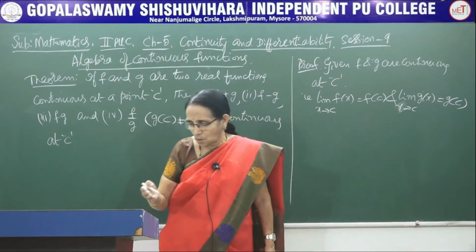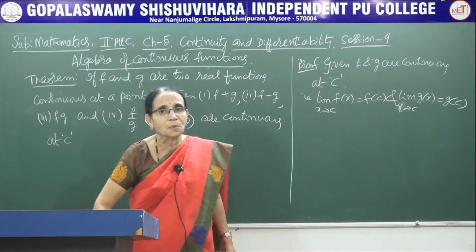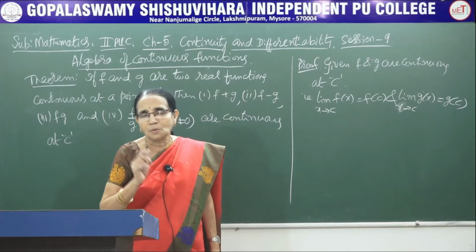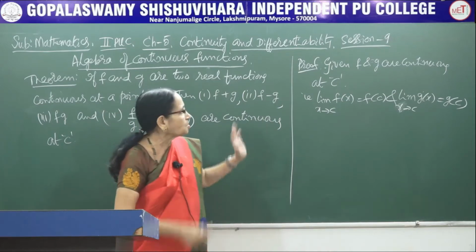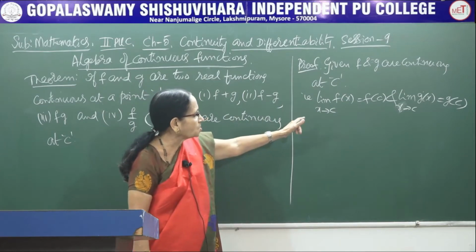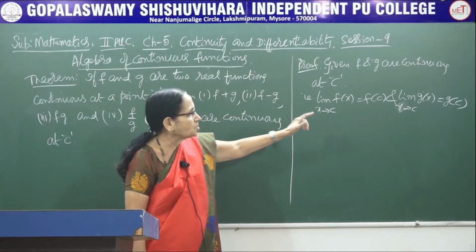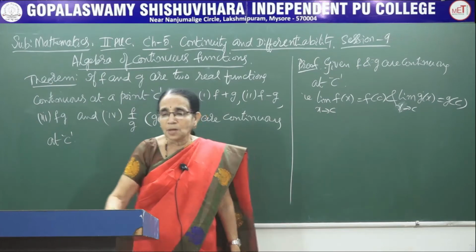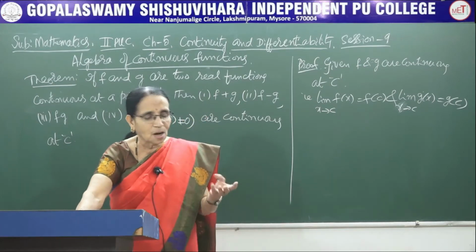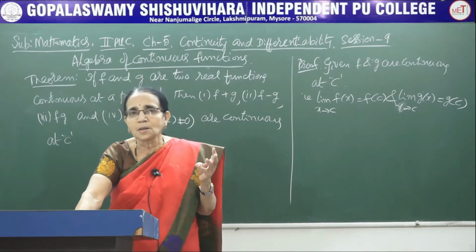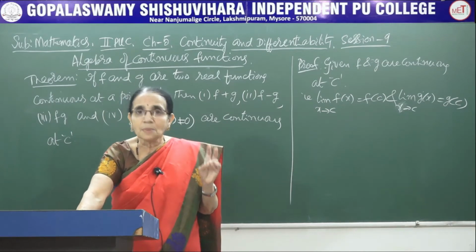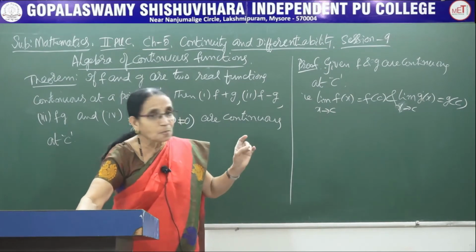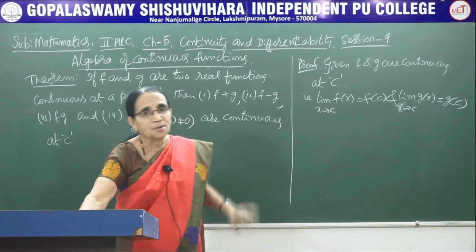If one is continuous at one point, and another is continuous at some other point, we cannot use this theorem. This theorem does not hold good. The point should be the same. Both the functions should be continuous at the same point. So, limit of f(x) as x tends to c equal to f(c), limit of g(x) as x tends to c equal to g(c). Now, while proving this result, we use so many facts. One is algebra of the functions, which I learnt in first PUC, and algebra of the limit of the functions, again which was studied in first year PUC. Both those pieces of information would be used to prove this result.